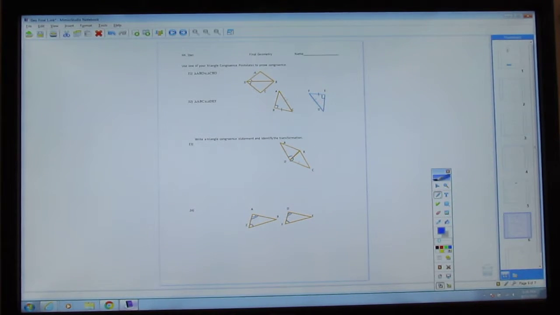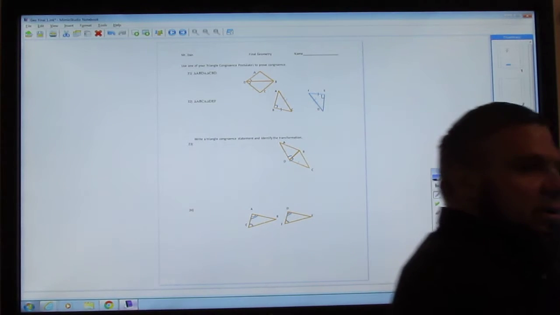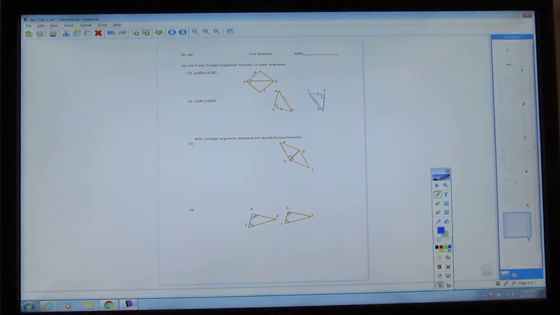Okay. Oh wait, I'm changing it. We got 5 more to go. Let's try to get through these 5 today. Alright, the basics on these are